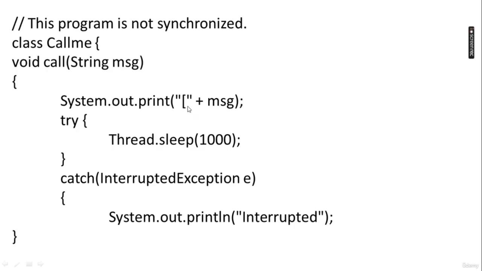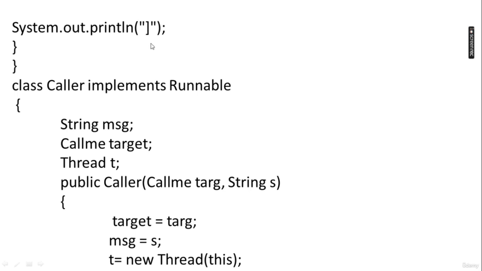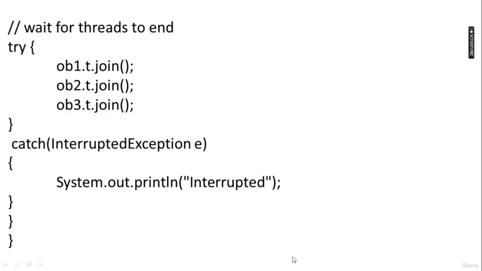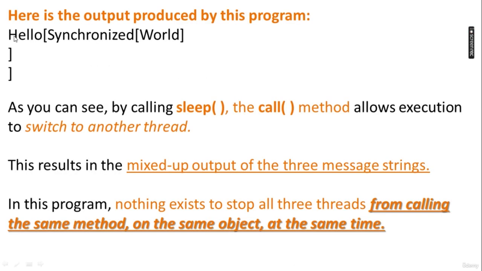We are printing this one, then the message, and after sleeping, we are giving the closing square bracket. Because of this, all these messages are not printed properly, which is not desirable. Here is the output, which is not required or not expected, and this results in a mixed output of